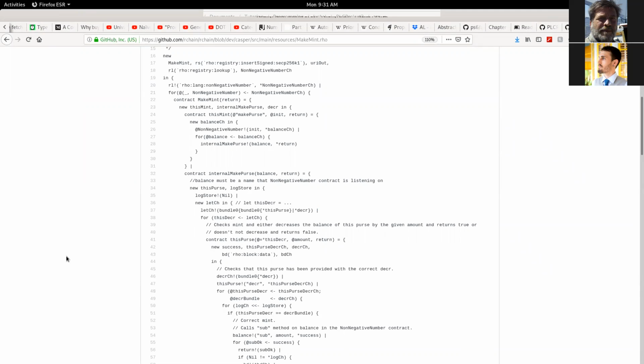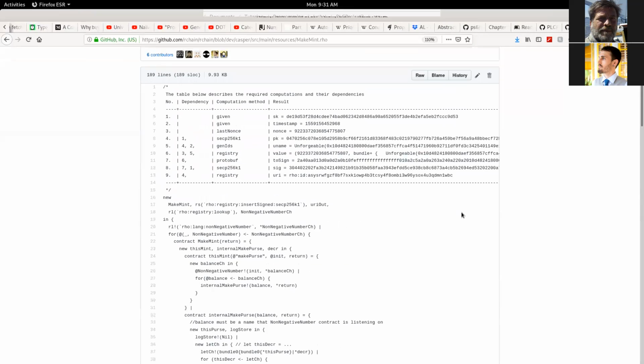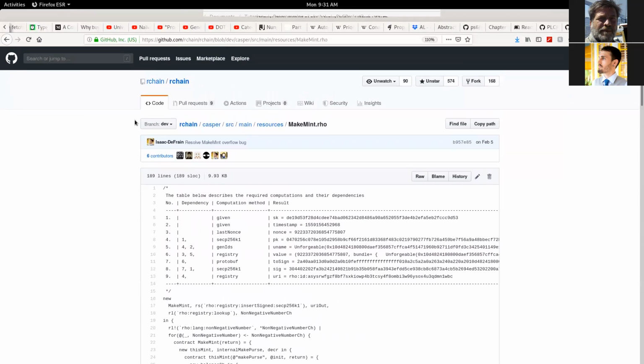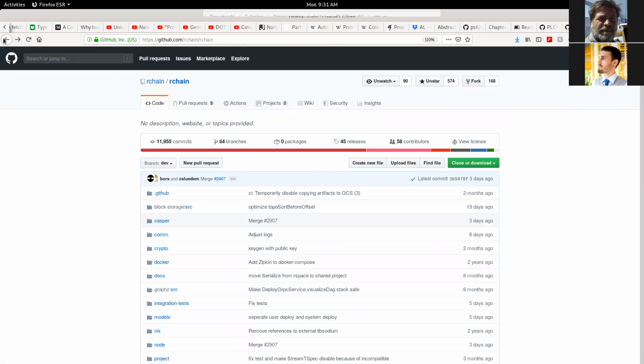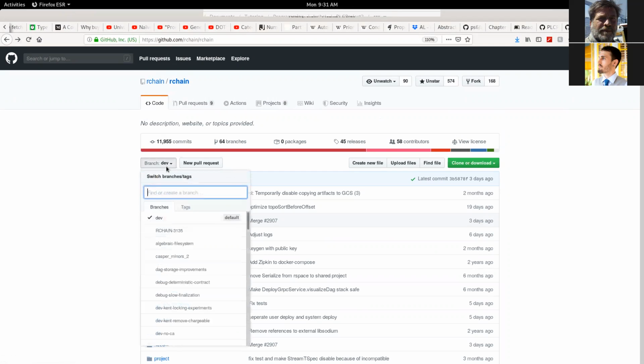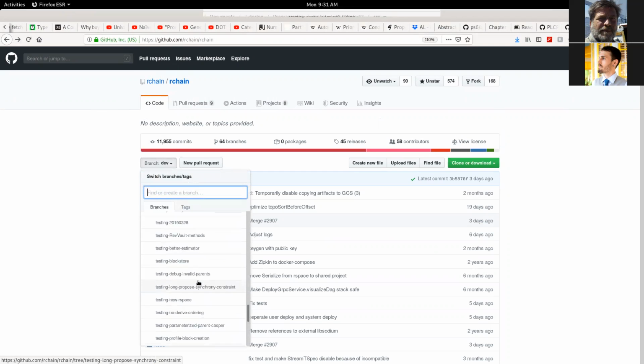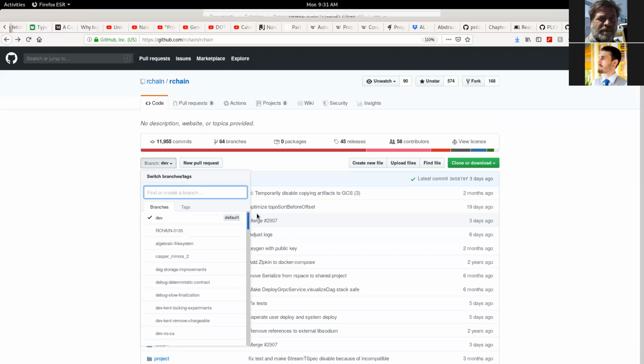Yeah, I found the dev branch now on the other one. Okay, when you search, it seems to give you some random branch. Man, I have no idea. Like I said, every time I've gone on here, it's always just RChain dash RChain, and this is where it brings me. So I didn't even know that it would pull up a different branch. I mean, there are tons of them, so you could be looking at a lot of different stuff.